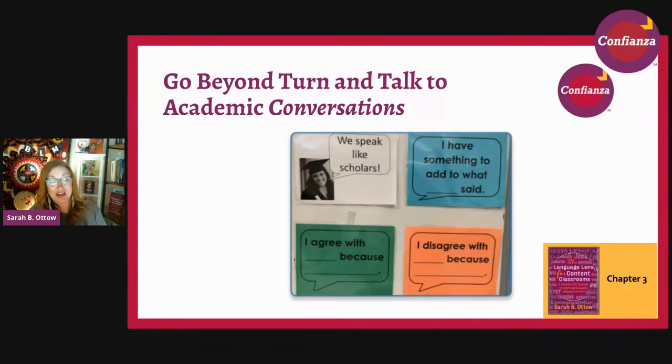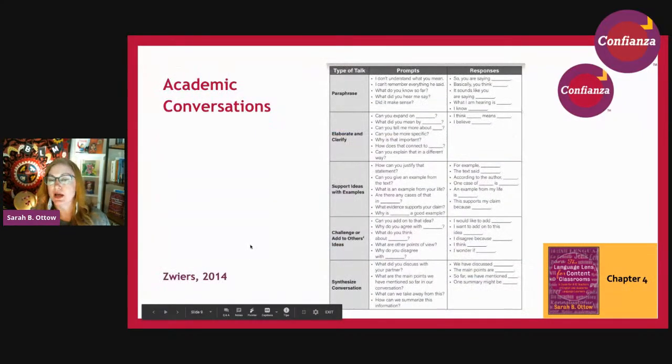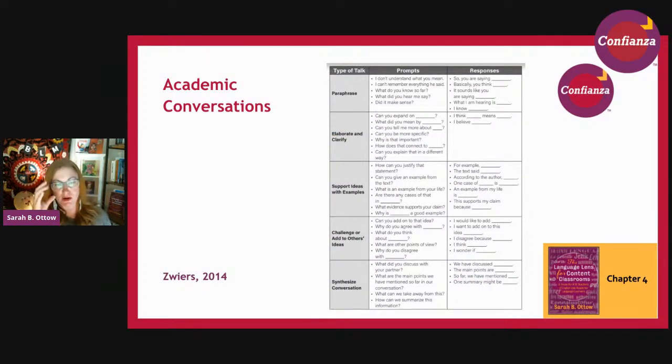It's exciting because all students should have access to this kind of discourse, to have voice by agreeing, disagreeing, by paraphrasing, by elaborating, by describing, on and on with all the many language functions that are rich within our instruction. Here's another list from my academic friend, Jeff Sweers, who's done an extensive amount of research and practitioner work in this area. And he really promotes going beyond turn and talk to real deep conversations.